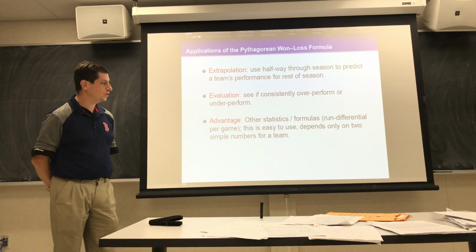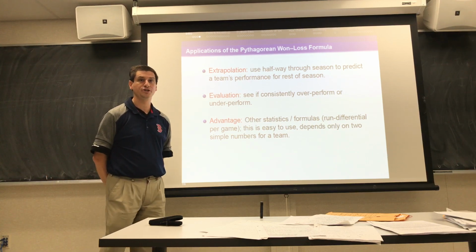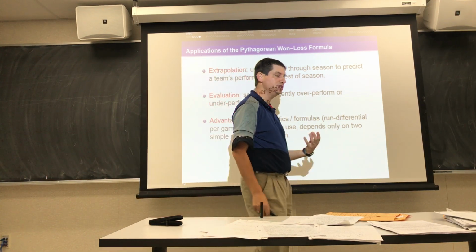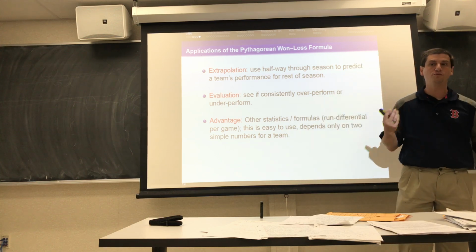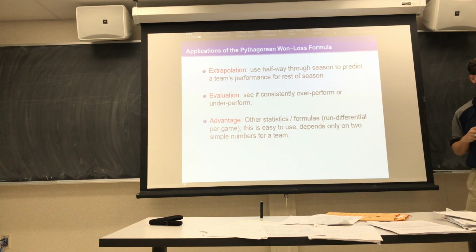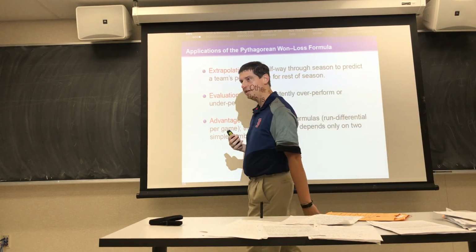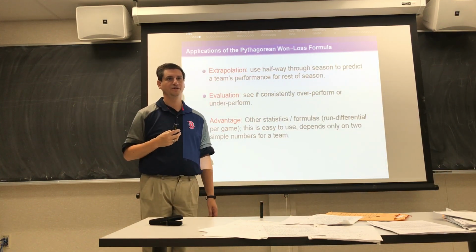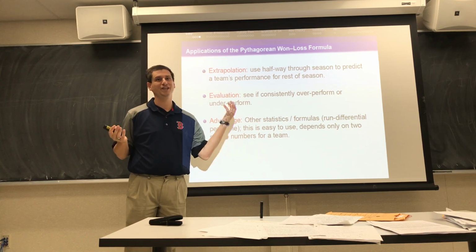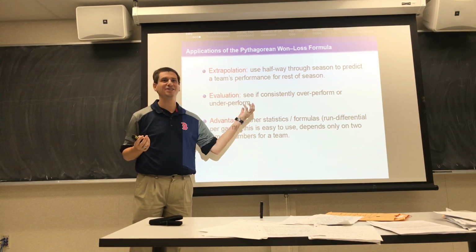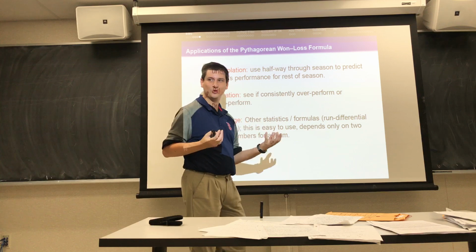The last is, one of the nice advantages is this is an easy formula to use, as I mentioned. You can quickly look and see what would be the impact of getting more runs, of allowing fewer runs. You don't necessarily need that in the 21st century, but it's nice when you have a closed form expression. How many of you are econ and something? So for those of you in econ, unfortunately, it is unlikely that you are going to have a nice closed form expression. What do you have to resort to